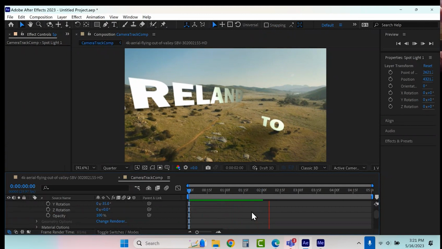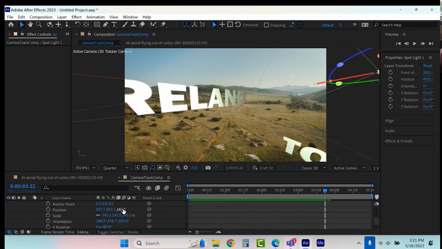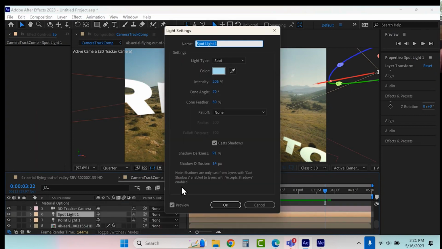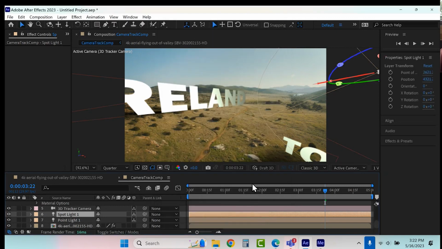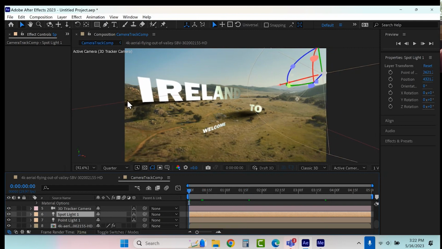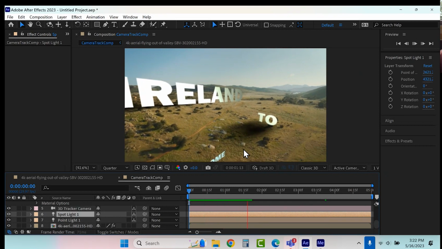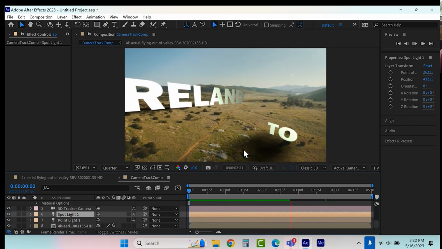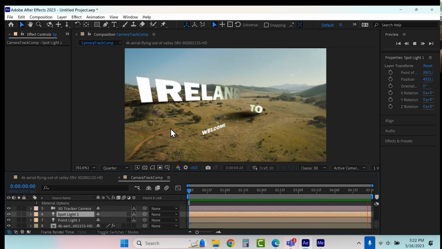And you see the word is casting a shadow onto the ground. It's still a little diffused. That could all be corrected here by coming in here and saying no diffusion, massive darkness, and increase my intensity. Okay? And now you can see the word is cast. And even here, the word Ireland's got a shadow connected to it. But the point here with the camera tracker is we're able to drop stuff into the scene.